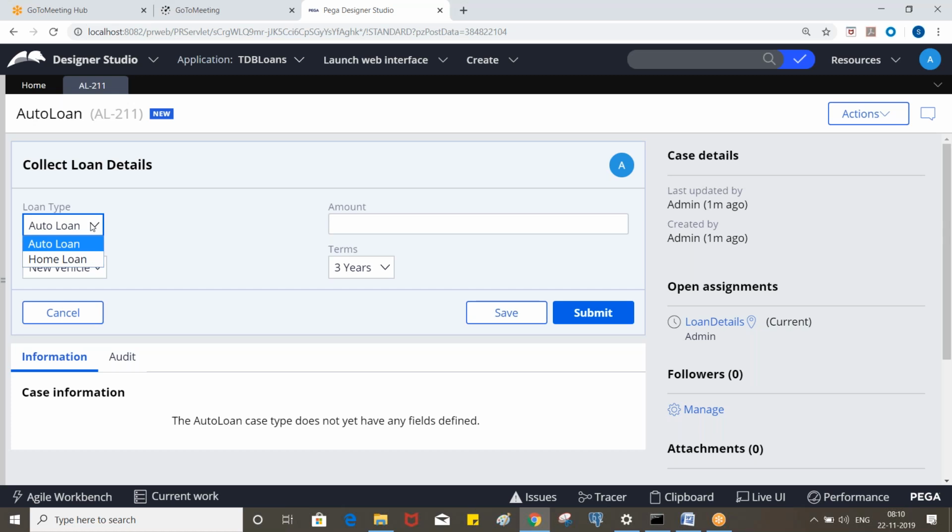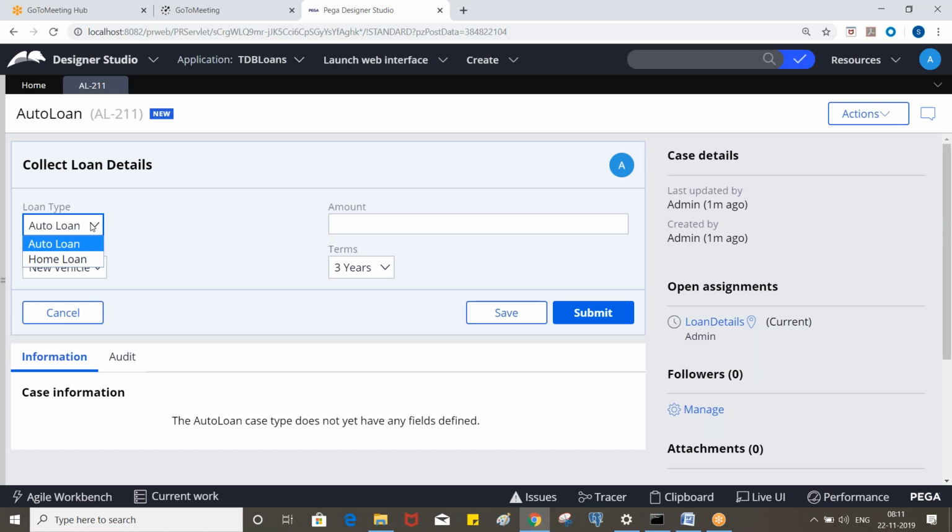Okay, so how can we do that? If we execute auto loan, it has to be defaulted to auto loan and we can make it read only. Okay, so the user will not be able to modify, meaning will not be able to select a different value from the drop down.